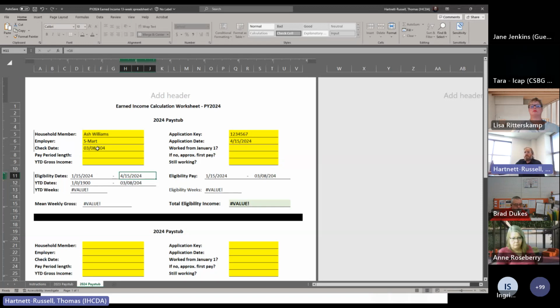With putting the check date in, we also know that the eligibility pay represented in the check is January 15th, 2024. Or sorry, the eligibility pay we're looking at is January 15th, 2024 through March 8th of 2024. We said that Ash has worked at S-Smart since the beginning of the year, so we are going to pull this menu down to yes. At that point, it populates the year to date represented in this check,